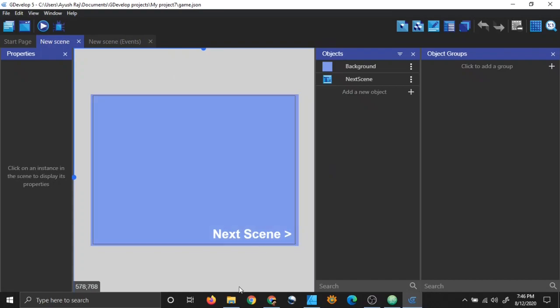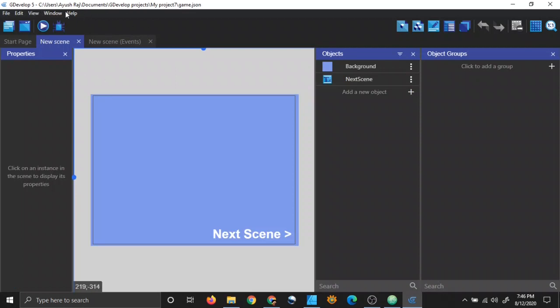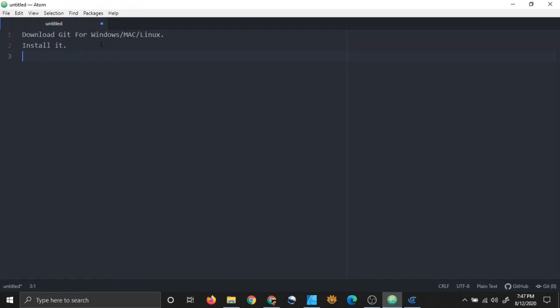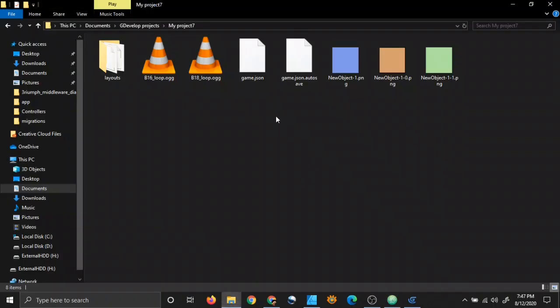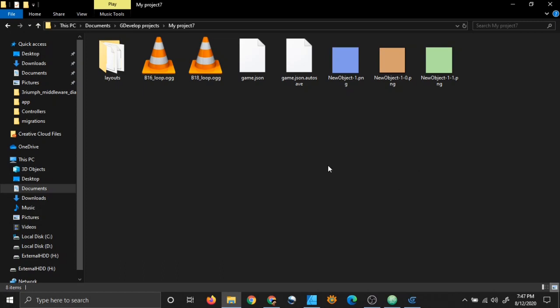So you may have a game file. Here I have my game file, and you can see the address of your file. In my case, my game files are located here, right? So I will simply go to that folder and I will find my files. So these are my game files. After you have installed Git for Windows, if you right click in your folder, you will find this option, Git Bash here, right? So this is important, you should have it, and when you click on it, a Git terminal will open.